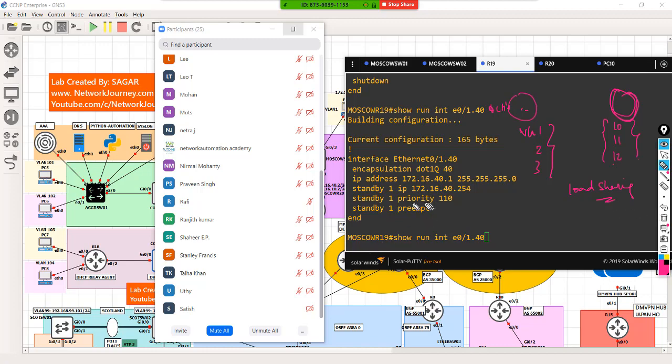Okay, so you just have to play with the priority command in order to make the active feature enabled on these VLANs. The commands remain almost the same with a few minor IP changes. You need to enable preempt and you need to play around with priority. If you want these to be active on this box, set the priority higher than 100. So let's say you can have 110 or 120 or whatever. Now automatically these VLANs are going to be active on the first router. So that's how we can have multiple HSRP instances for multiple VLANs.